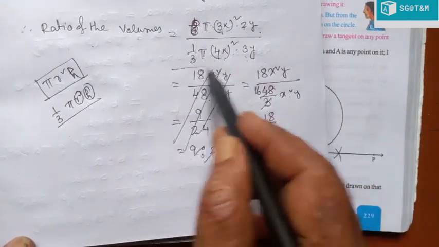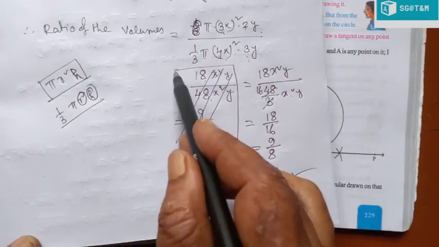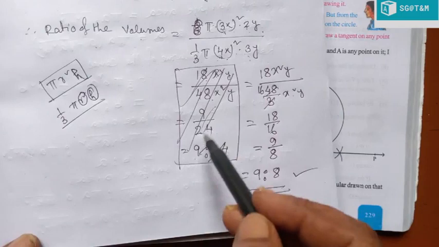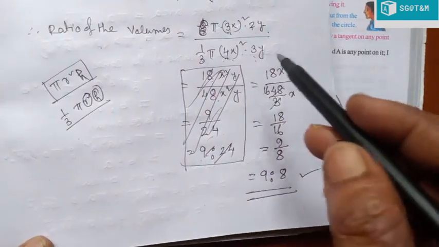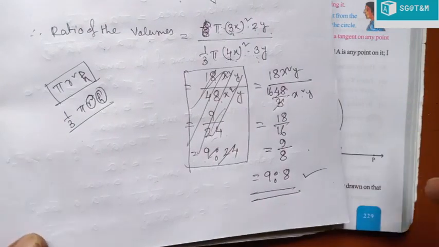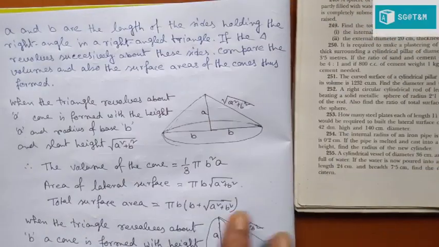Okay, this portion is excluded. This is a wrong calculation. We thought both are cones, so this is okay, but one is a cylinder, the other is a cone. Okay. We start another question.